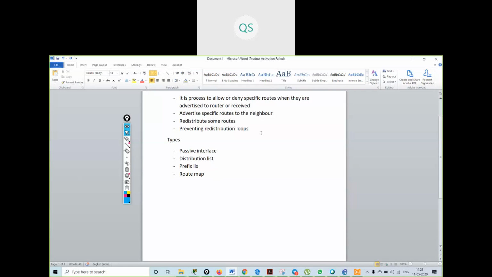So if I give you more points about route filtering, you might need to control exactly which routes are to be advertised or redistributed.